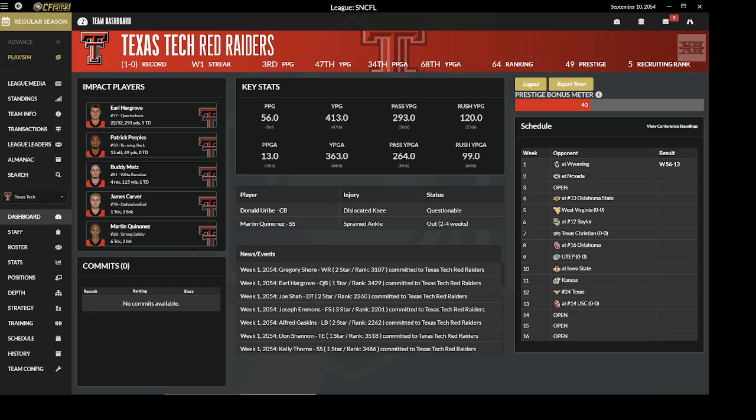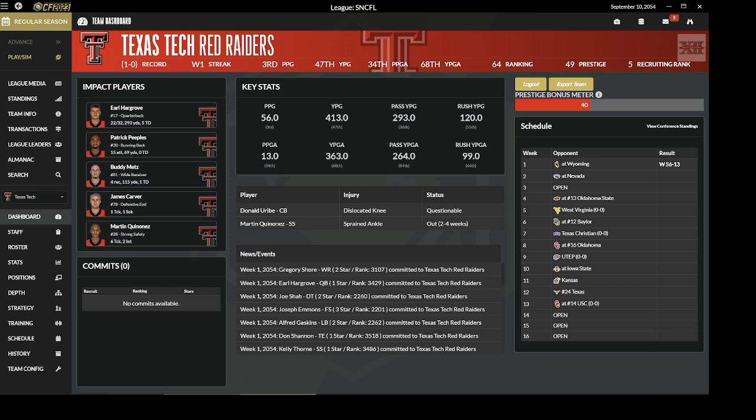2023, which is a Wolverine Studios title. I highly recommend it if you like simulation-based football games. This is probably the premier game at this time. There are other games in the genre, like Bowl Bound College Football is a different one. But I will say Wolverine Studios has done a pretty good job of keeping this game up to date and keeping it vibrant. There are probably a lot more people who play the single player than multiplayer, but if you want to play in an online league, I would highly recommend SNCFL, which is the league that this is